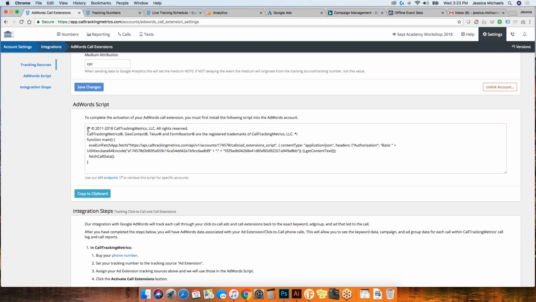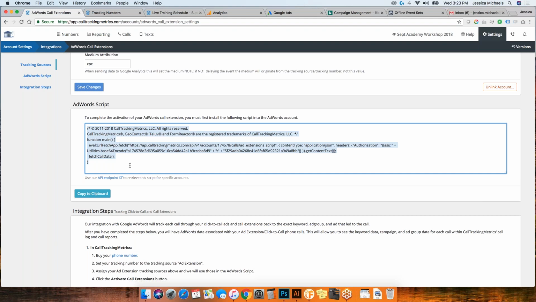Once we do that, we'll see that a tracking script has appeared. So what we can do, we want to copy this because we're going to be actually installing a script inside of AdWords. Now, the purpose of this is we're trying to replace the lack of tracking that we get since there's no session.